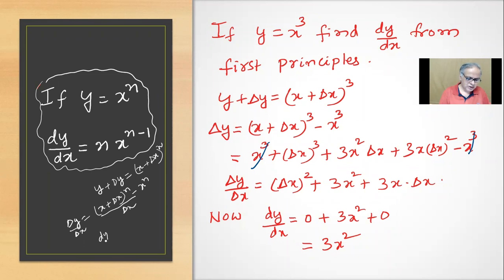What is dy by dx, children? Dy by dx is the limiting value of all this, right? As delta x is tending to 0. So I should be able to simplify this, children. This is a plus b whole square. No, it is a plus b to the power cube. No, a plus b to the power 4. No, it is power n.